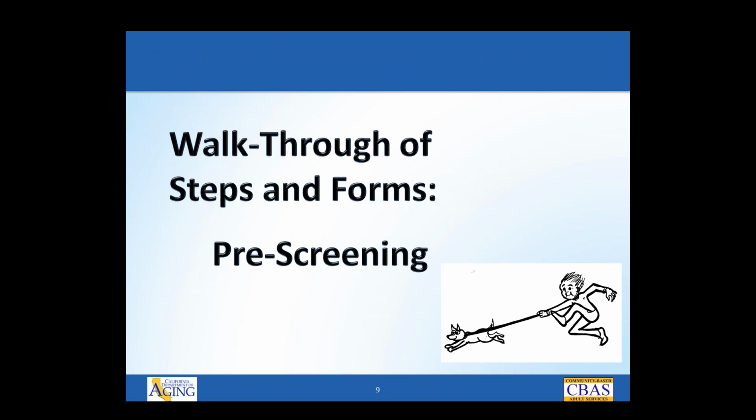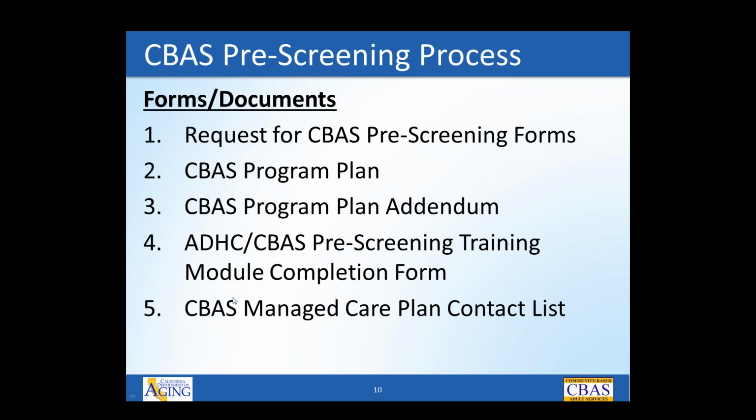So again, the two steps, the pre-screening and the application itself, and now we're going to spend a little time walking through some of the forms for pre-screening. So there are 5 pre-screening forms or documents. The first one we already took a look at. That's the request for the CBAS pre-screening, and that's the one that's on our CBAS webpage at CDA. You're going to click on that, fill it out, and send it to us to get started, and we will send back to you the template for the program plan,